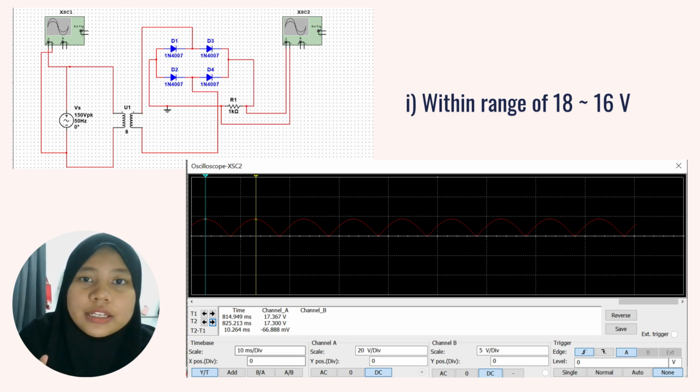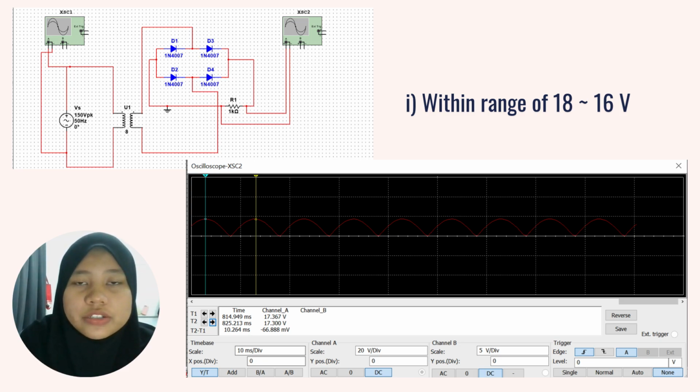for the simulation, and then connect an oscilloscope as C1 to the primary winding or secondary output to monitor the input sine wave. Then I connect a second oscilloscope as C2 across the load resistor, and this will display the rectified DC voltage. Then I run the simulation and use the second oscilloscope to verify the peak voltage, and I get approximately 17.37 volts,